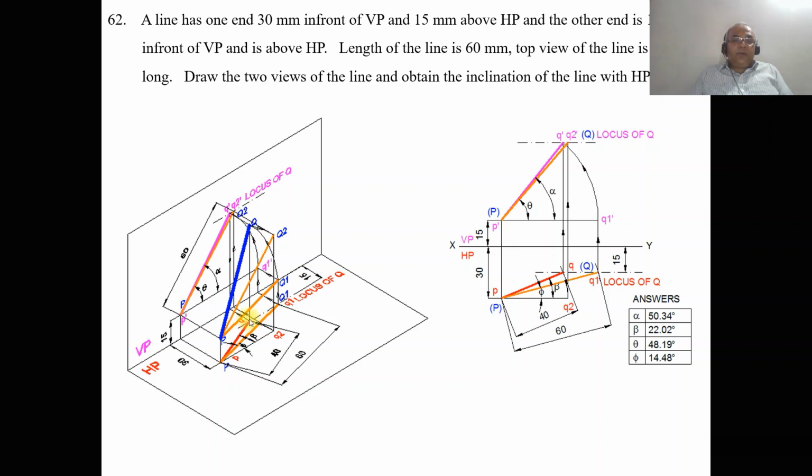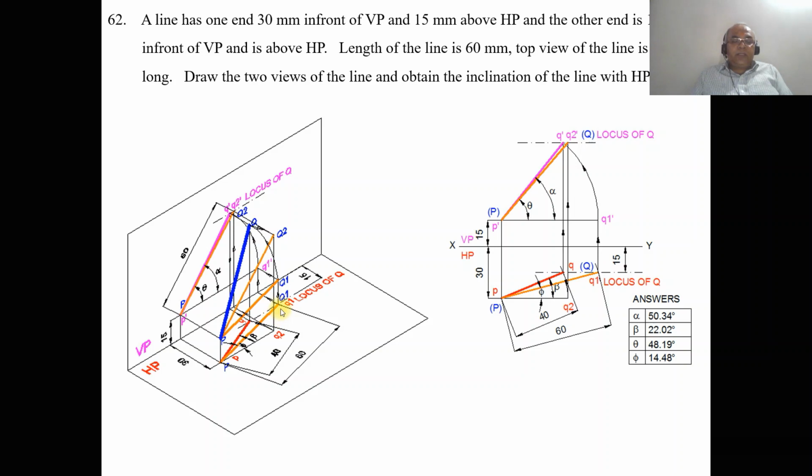So as we got the top view, that means the front view point of the Q point should lie on this end projector only. So you draw a vertical projector from Q in the top view in space. As we draw this, when you look from the front view, from here you take till here, and from there you draw a vertical projector to the front view. And we know that this is the true length in the top view because it is P and Q1, which, when you look from the top view, is projected directly onto the horizontal plane.